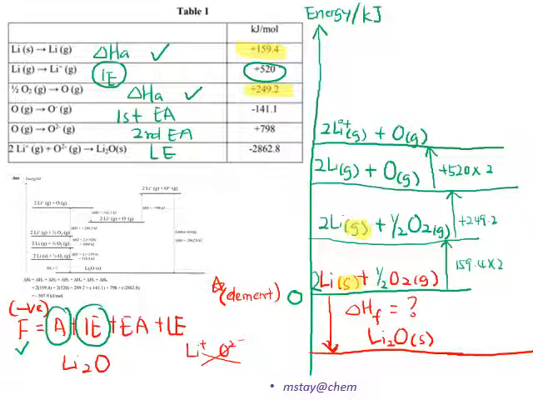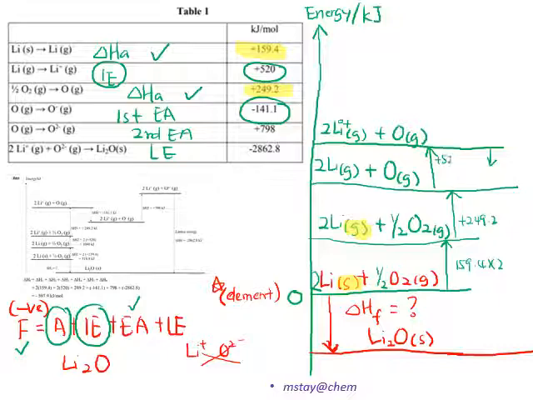So after settling the ionization energy, next we go to the electron affinity. When we look at the electron affinity, this one is a negative value, which means it will be going down to produce. So we write down here